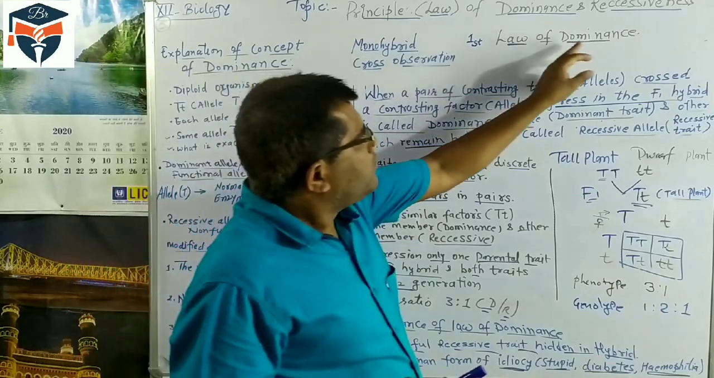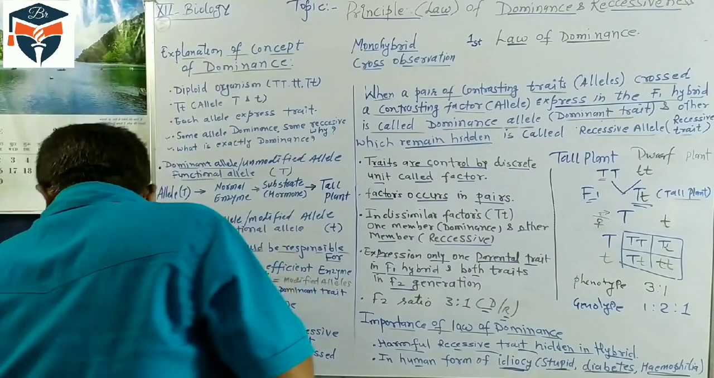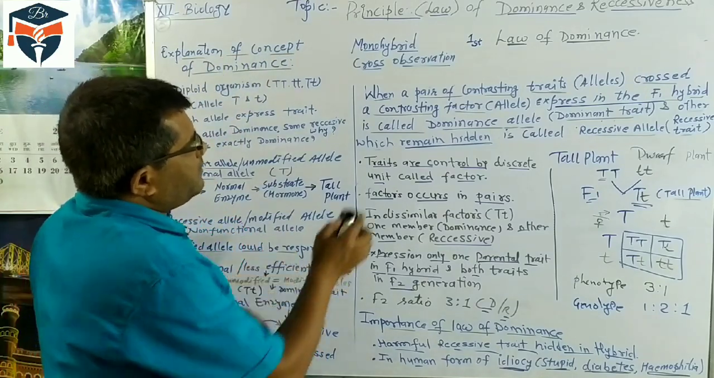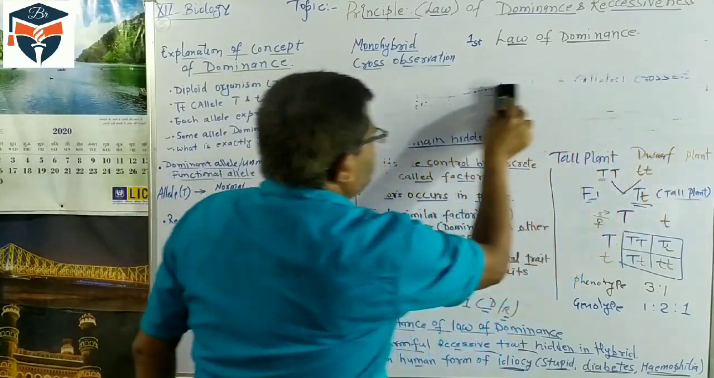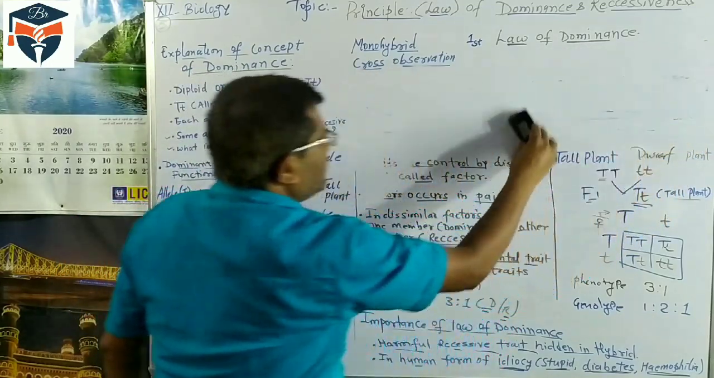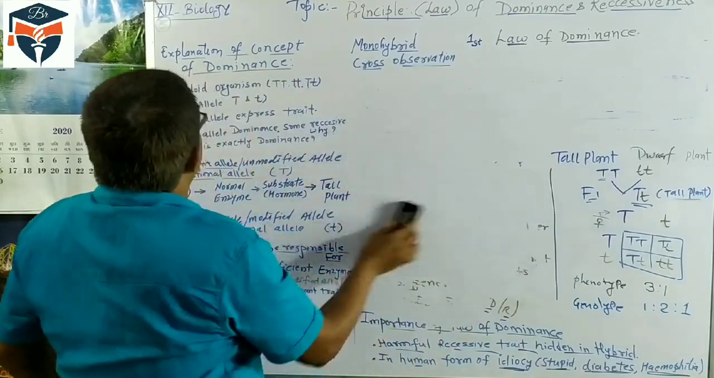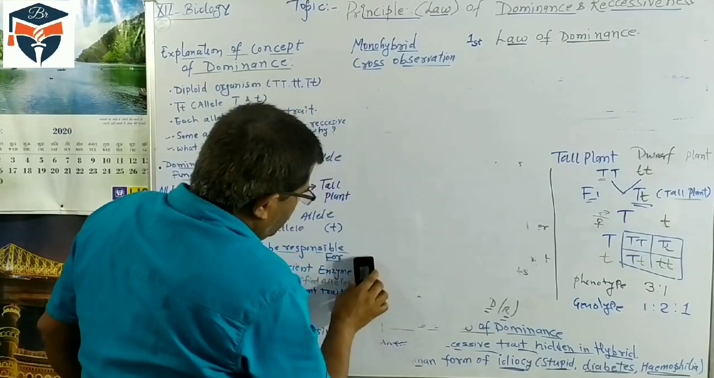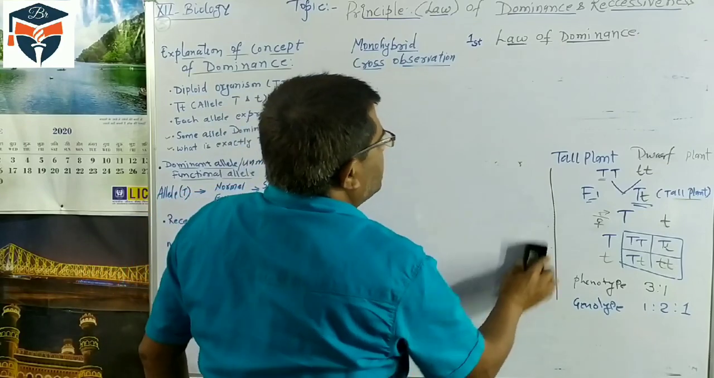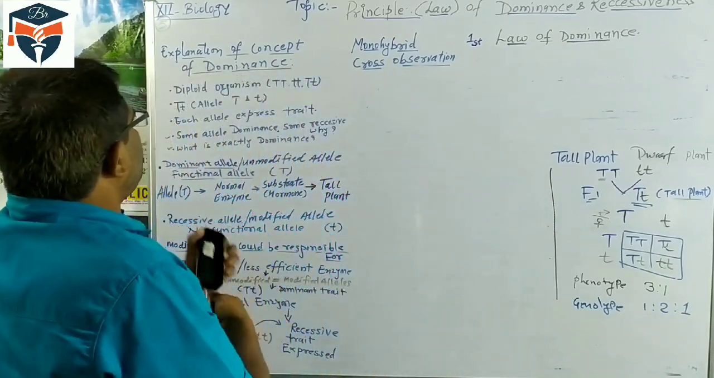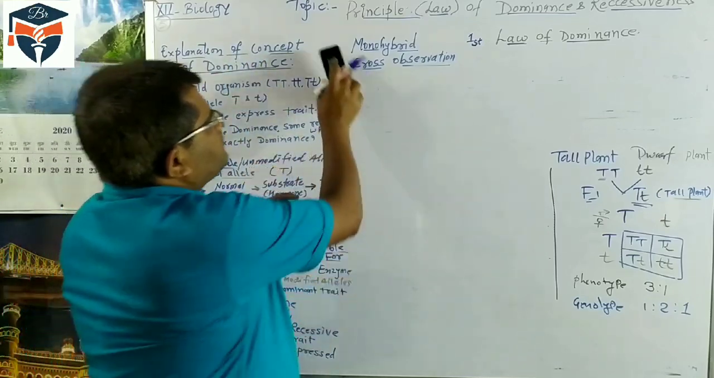Now, the law of dominance. After this, we have to understand the explanation of the concept of the expression of the dominant trait. First, I told you a dominant trait is a trait which is expressed in the F1 progeny. To explain the concept of dominance, first we should remember